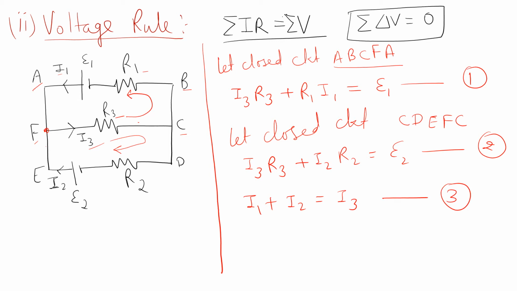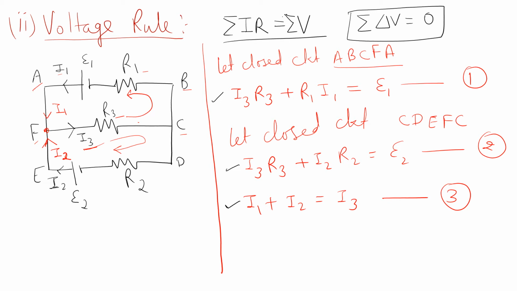So let us try to understand the third equation in more detail. Since this current I3 is going out in this direction and I1 is coming from the upper direction, and this is I2, and this is I1, I1 and I2 both add, and it is going in R3 as I3. So I wrote I1 plus I2 equals I3. So these are the three equations which I have obtained. This is the first one, this is the second one, this is the third one. These are the possible equations which you can obtain.